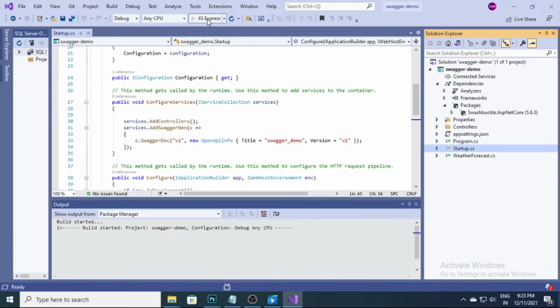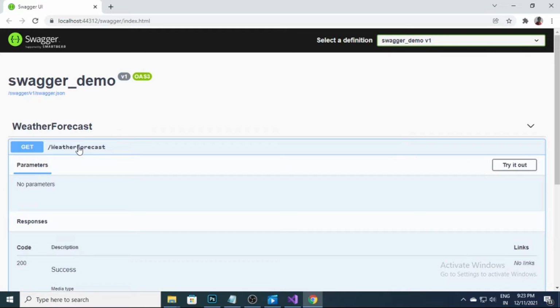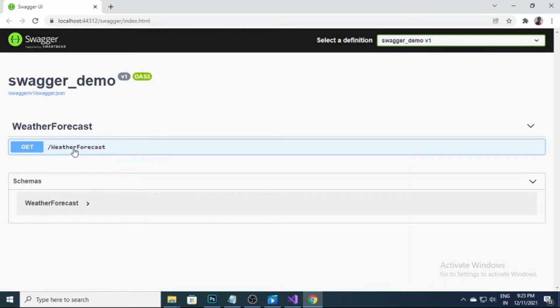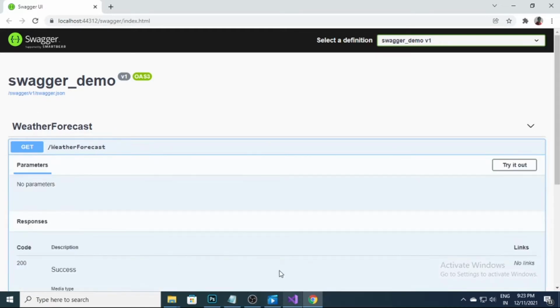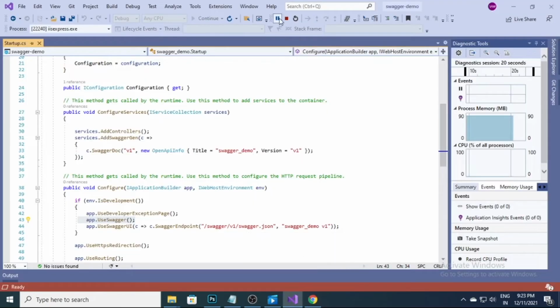So when I execute it, when I run this, you will see a Swagger page is there. So basically this is a very basic page that Swagger provides. So I'll try to show you how we can modify this page. So I'll do some modification in this. The very first modification is I'll put some sort of XML comment, and I'll show you how this XML